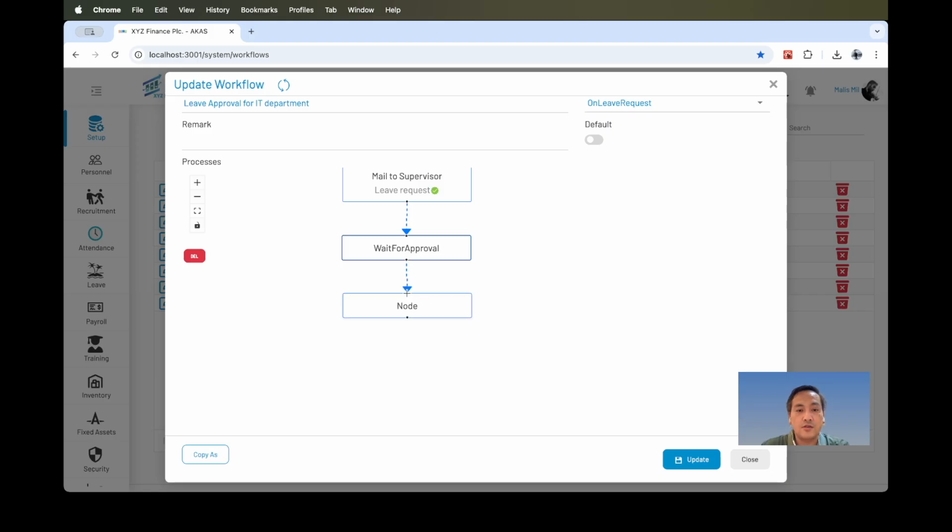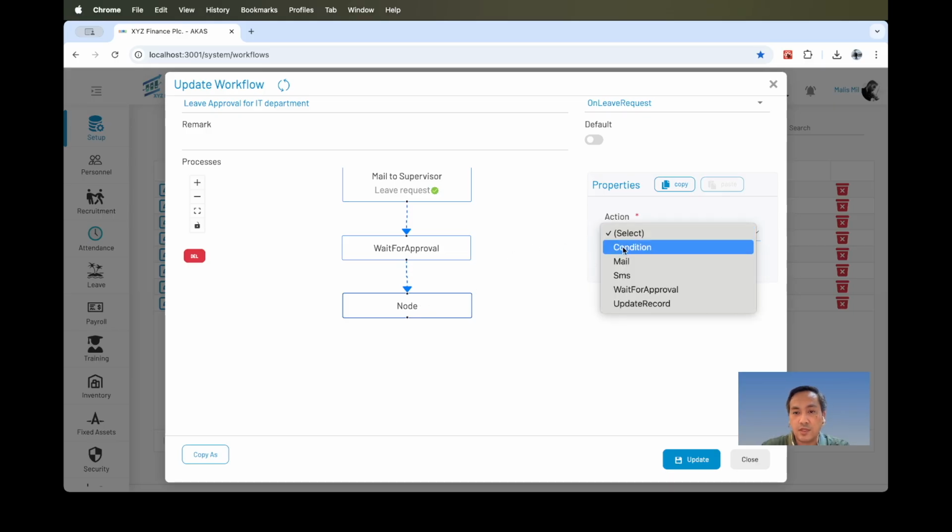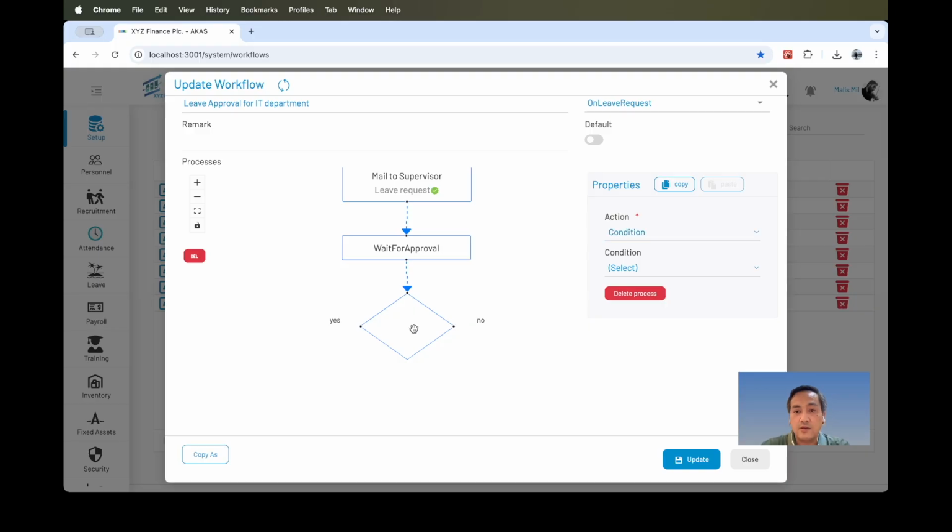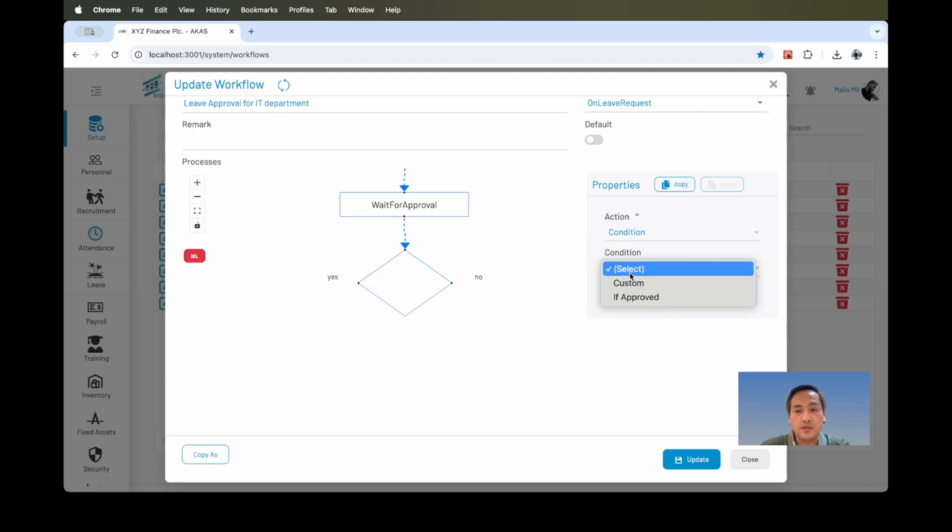So here we need a condition. We need a condition to check if approved, right? So if the previous action is approved,